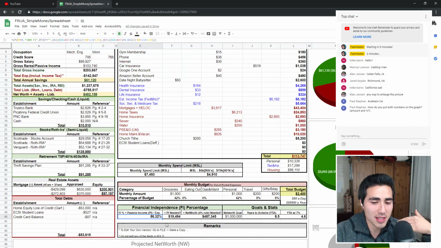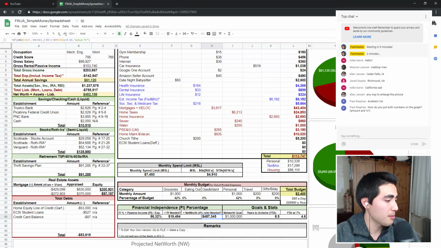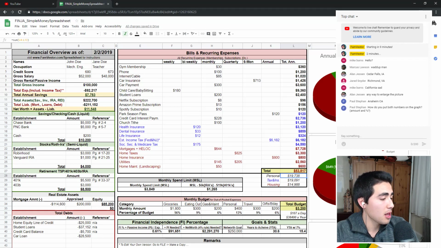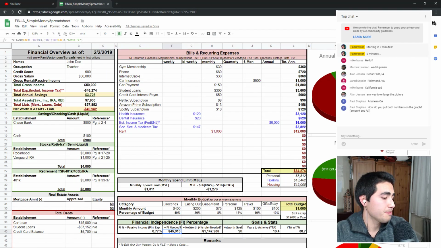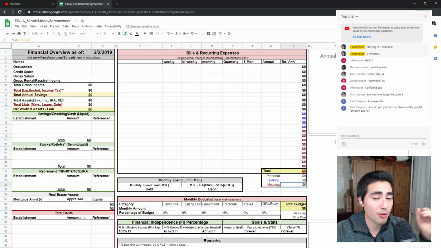So in my case, I would need an additional $20,000 a year in passive income to become 100% financially independent, or an additional almost $500,000. So either $20,000 more in passive income or $487,000 more in net worth, and then I'll be 100% financially independent. And you can see what these guys are doing. A lot of these people don't have passive income in these examples, so they need a lot more passive income or a lot more net worth as well. So that's a quick review. And again, we're going to go step by step through the blank template.